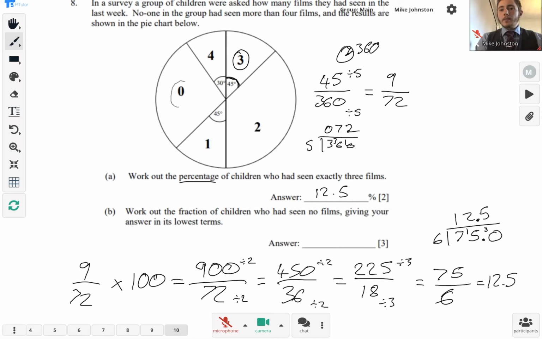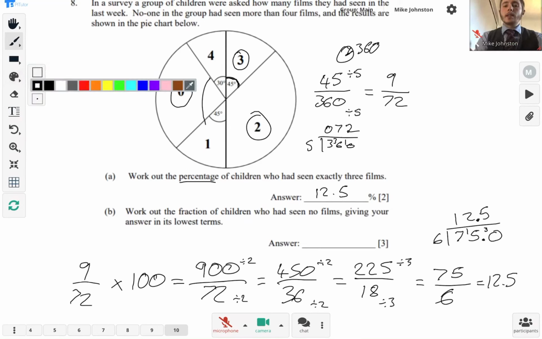Okay, so this group has seen 0 films, and this is actually looking quite difficult because in the other one we just had one where we had no percentage, and we don't even have any degrees. But this time we've got this one and the 2 here. Both of these groups have no percentage or degrees, so we're thinking, well, actually we can't use the same method as last time. But what we do want to know is that